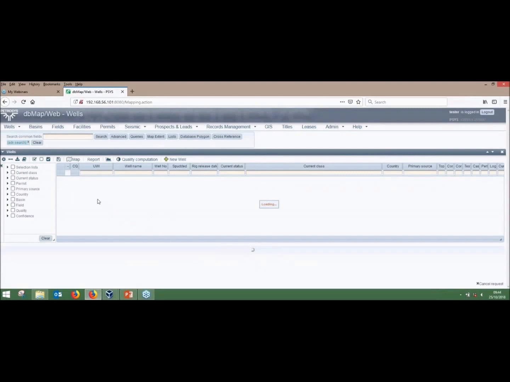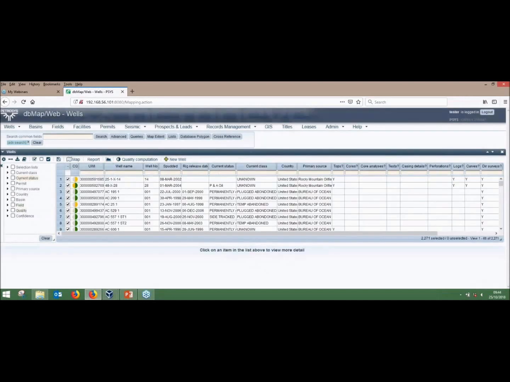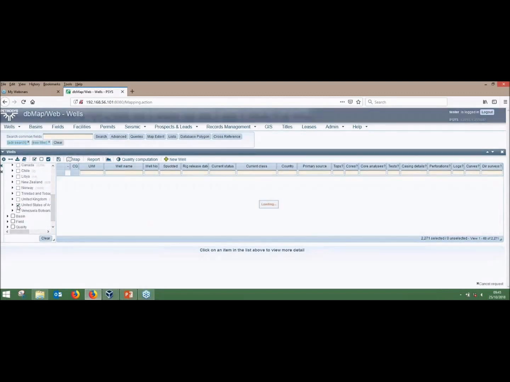So as that's loading up, I'll just go through. On the left-hand side, we have a tree filter. Again, we've predefined a number of options for you to filter. It could be based on country. So we could go through and select wells that are drilled in a particular country, and that would further